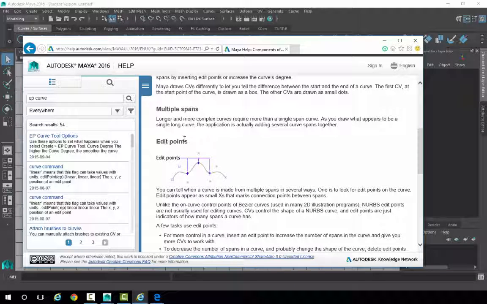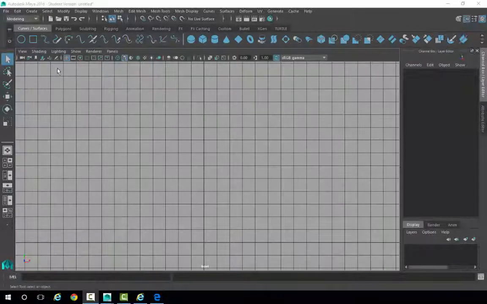When we use edit points, the edit points are actually on the curve and they are still controlled by control vertexes, but the curve points are actually staying on the curve. So we will use both, but we're going to draw the curve out originally using just edit points. So we'll select the edit point curve tool,